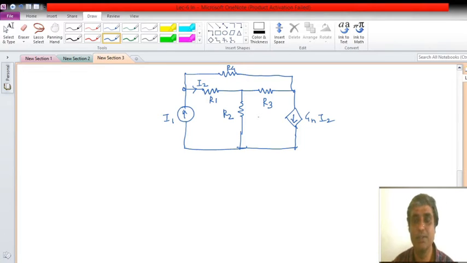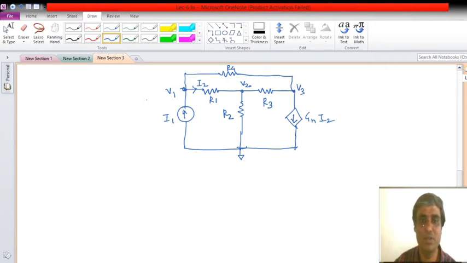Okay, now what next? First, use the same fundamental rule for nodal analysis. So what is it? Let me select the reference node. Suppose this is the reference node I selected. Let me name the node voltages. So this is my first node, this is my second node, and let's say this is my third node, right? Now let me write the simple equations for it.